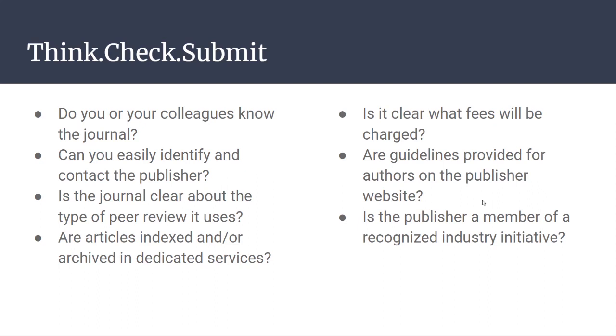Additionally, there are publishing initiatives such as COPE, the Committee on Publication Ethics, or the Open Access Scholarly Publishing Association, which are essentially consortiums of publishers that act as professional organizations, but also act as an indicator of quality. To be accepted as a member of one of these organizations, you do have to be a legitimate publisher and have to be accepted by your peers.